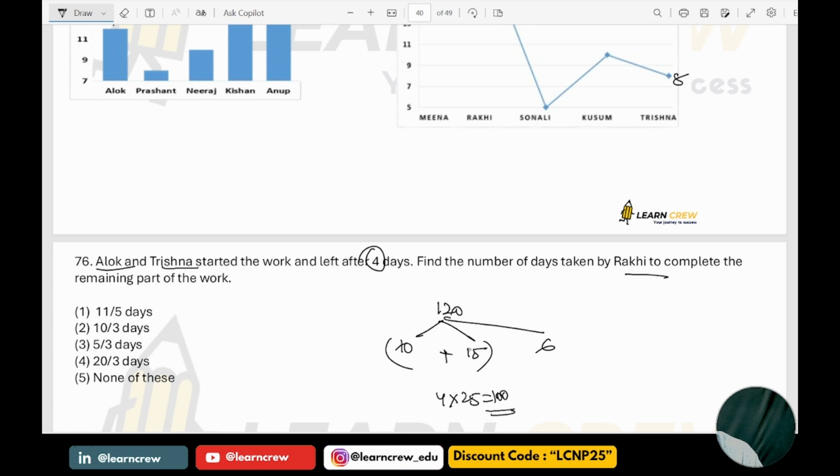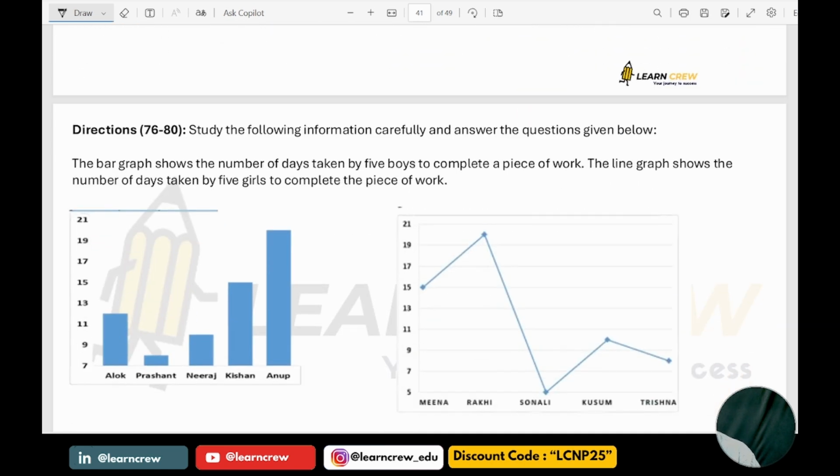The remaining is how much? 20 units. The remaining is 20 units, 6 per day by Rakhi. So 20 by 6 means 10 by 3. The answer is 10 by 3. Next,